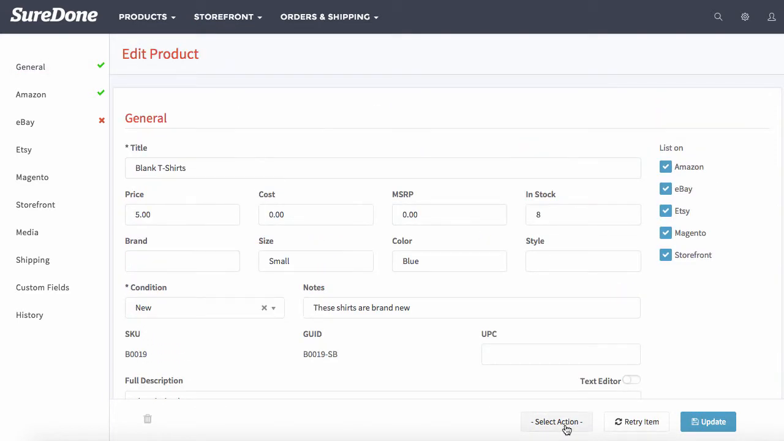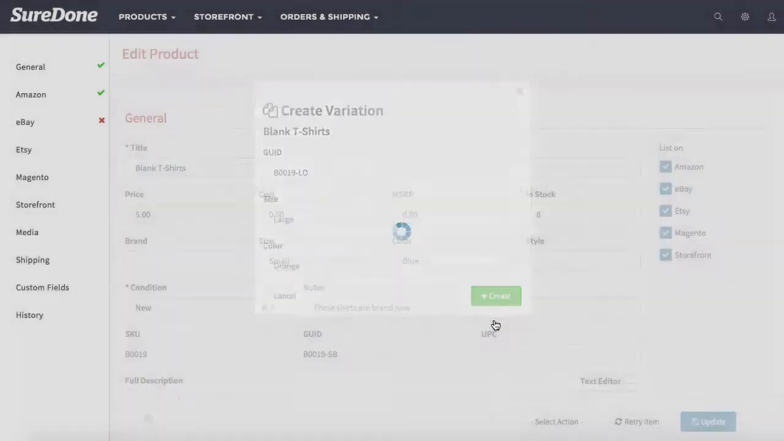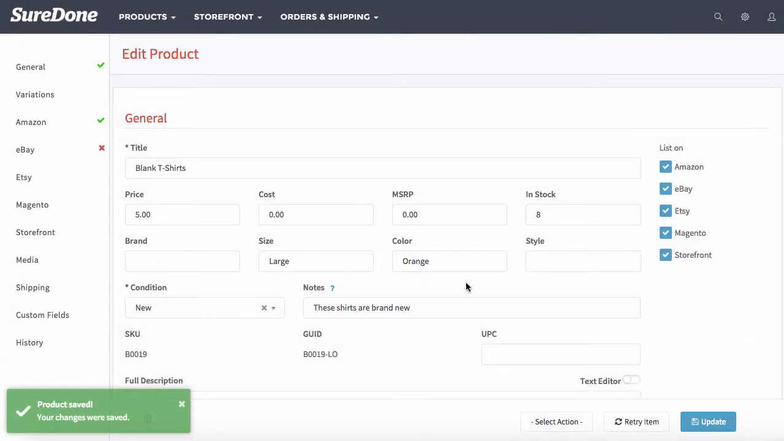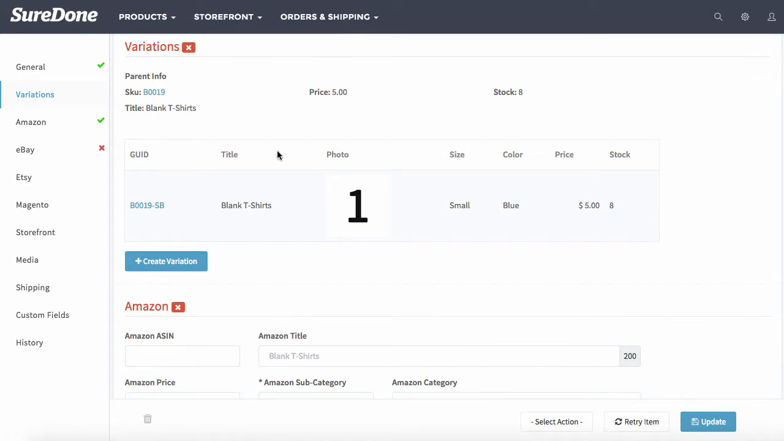I'm going to go ahead and create the third variation here. Create Variation. We're going to do large orange. Now that we've created 3 variations of this listing, you will see a Variations tab. Now if you only have 2, you can always go to Products, All Products, and view the parent item. But now that we've done this, you see a Variations tab on the left. I'm going to go ahead and click that, and as I scroll down, you see we are currently in that